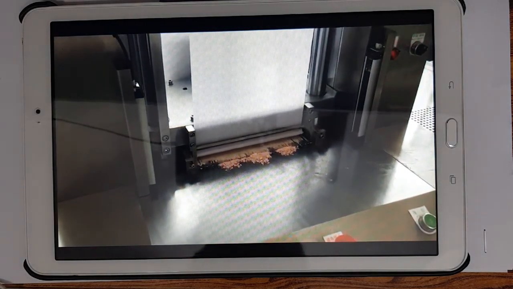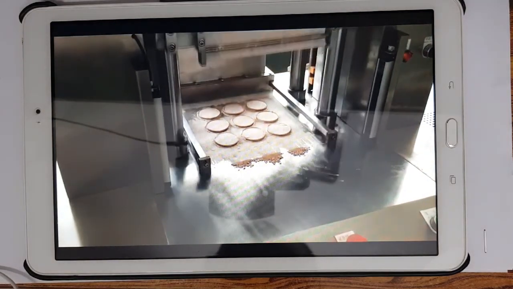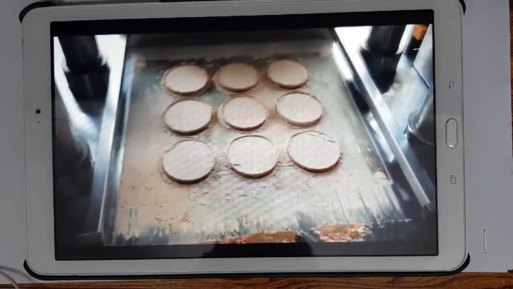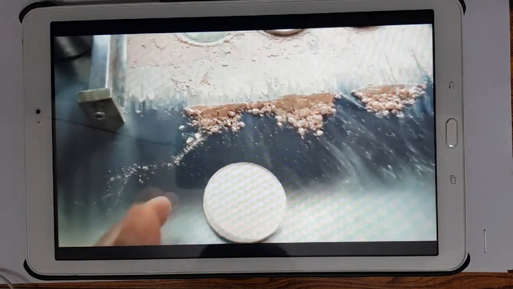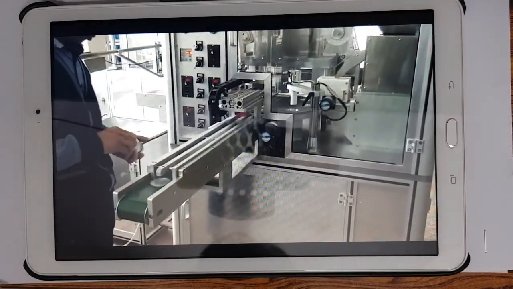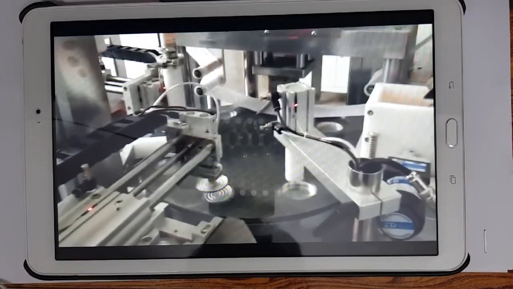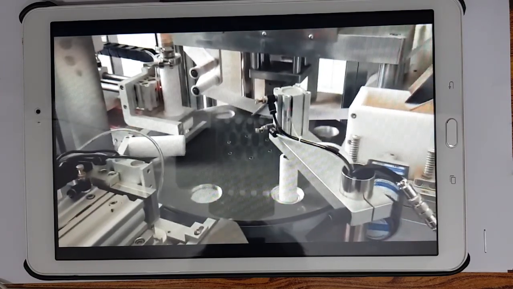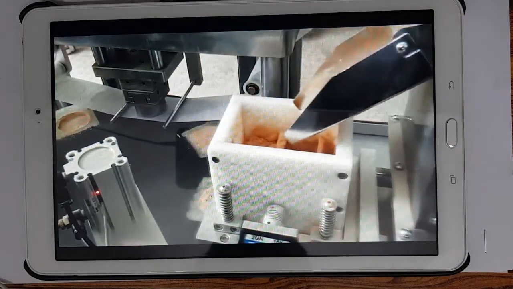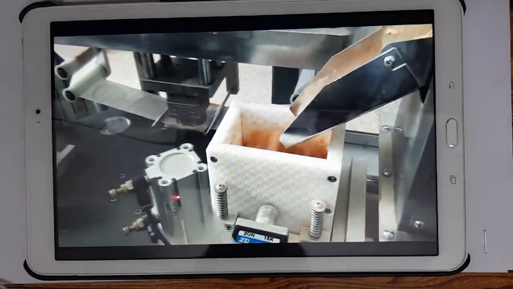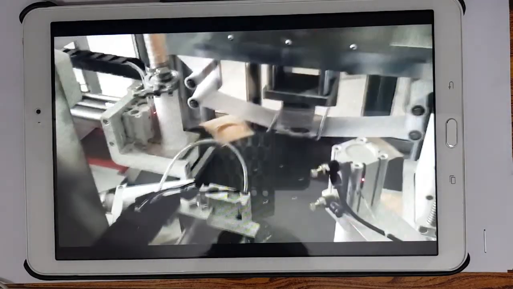Right? What is the difference between the formula of a loose powder and a compressed powder? Compressed powder has additional binders in the formula. Those binders aid in compaction of the loose powder. Right? These are the godets automatically placed, and then the loose powders are filled. Godets, and then it's compressed.